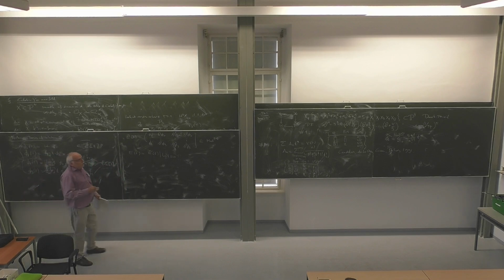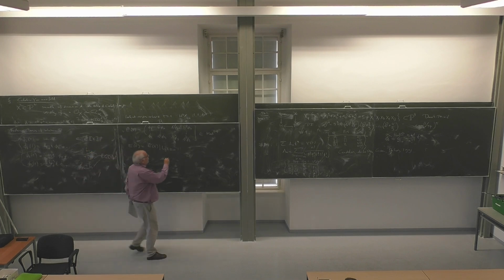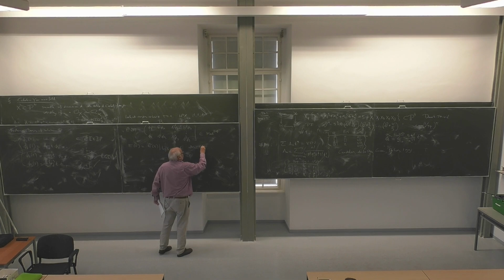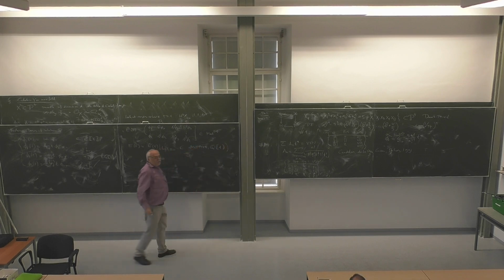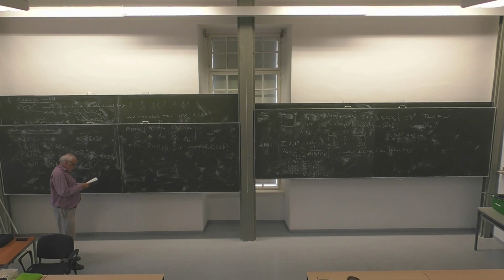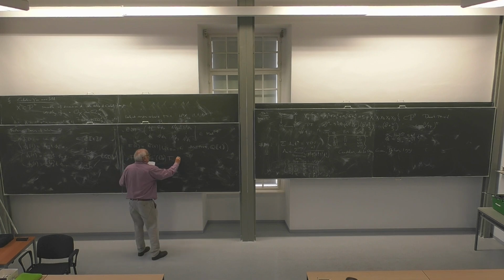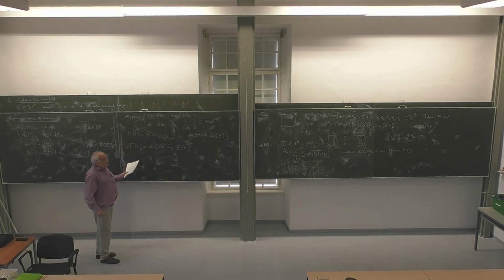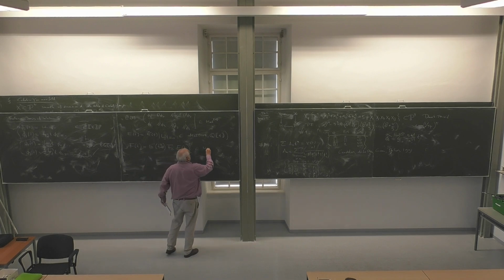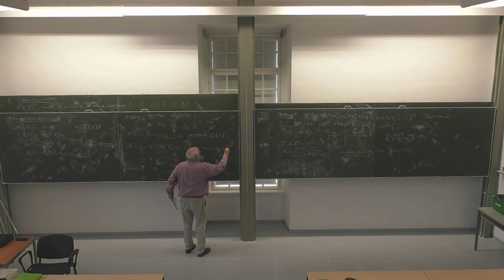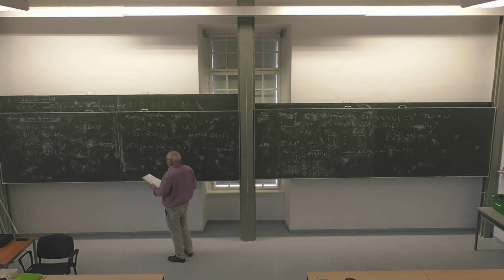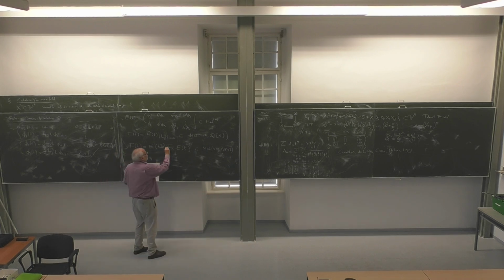I have no time to say why this makes sense, but this is now a 4 cross 4 matrix with entries power series in T, formal series in T. And now I write another series, so this is another 4 cross 4